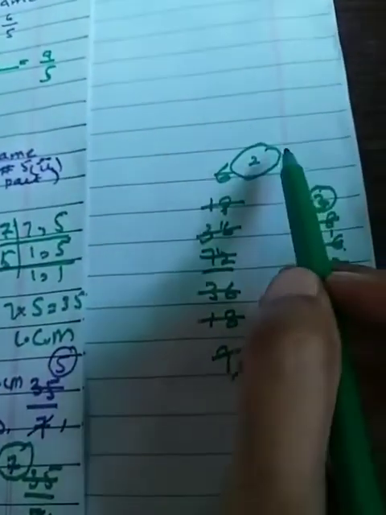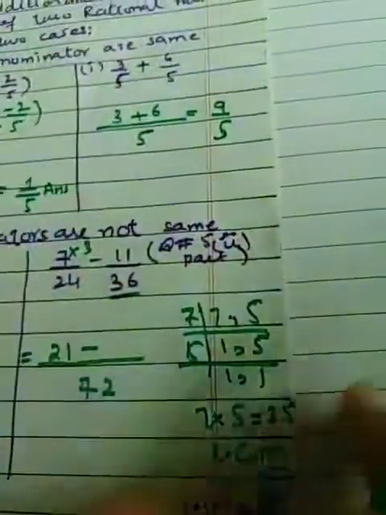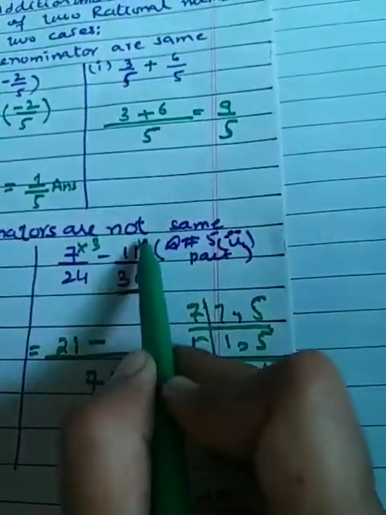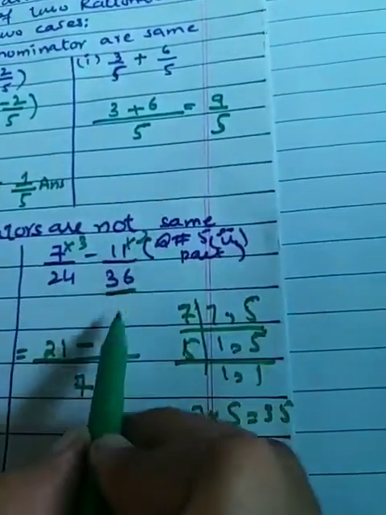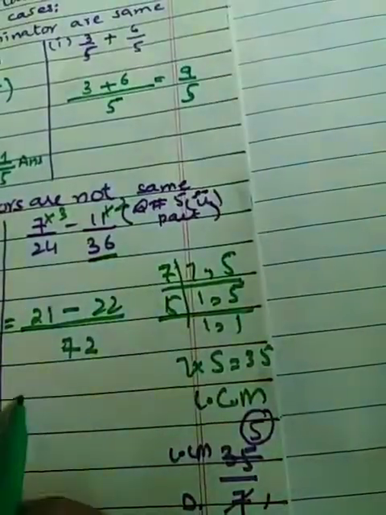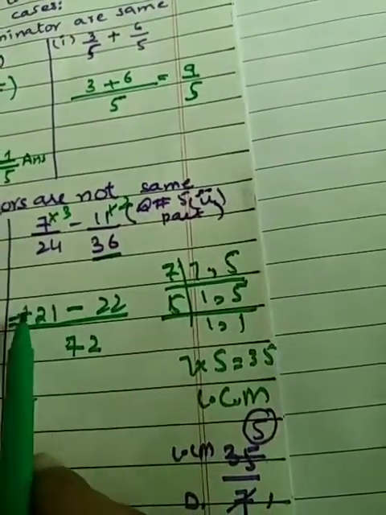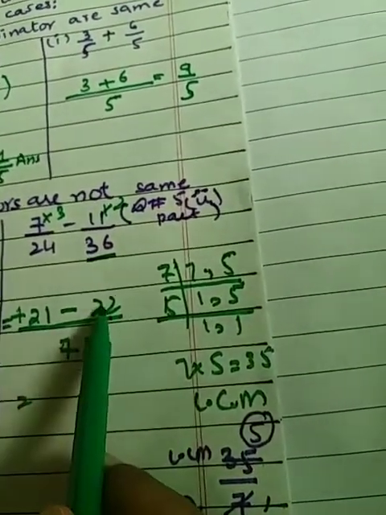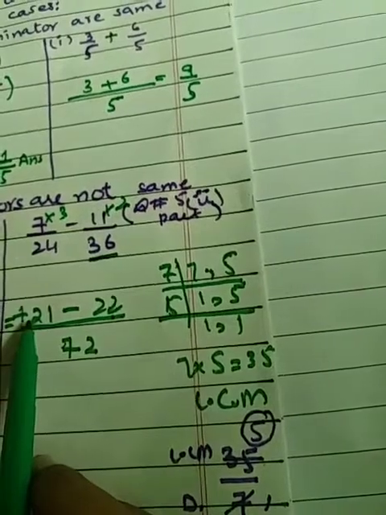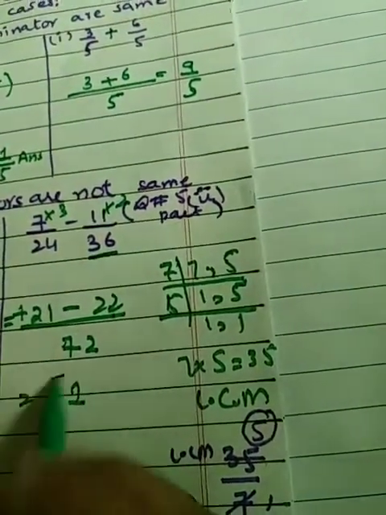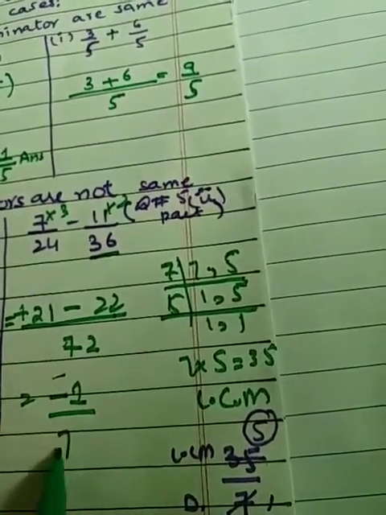Okay, I know you can cut out these with this, you are familiar with it. Multiply this 2 with the respective numerator to whom you have divided. 11 multiplied by 2, 22. Minus 22 minus 21, 1 here, sign will be of greater value, negative, and 72 here. This is your answer.